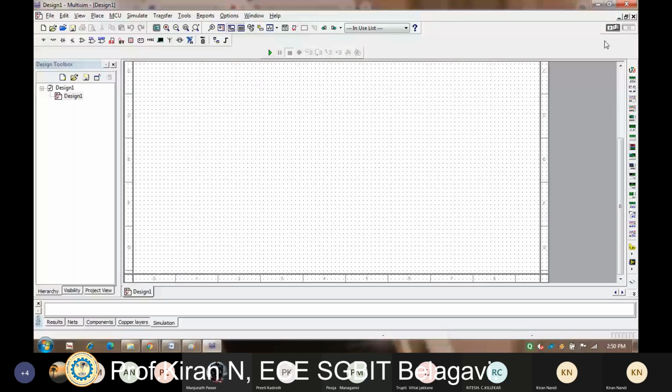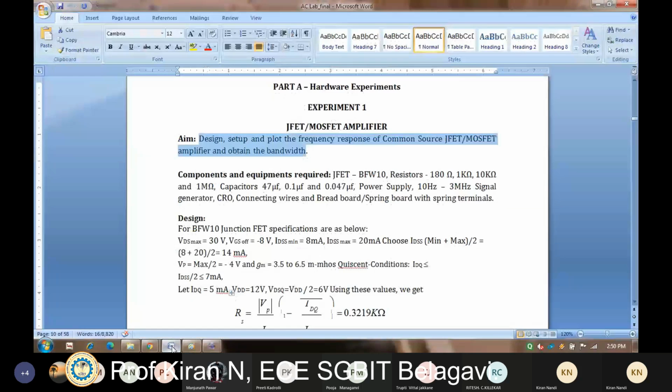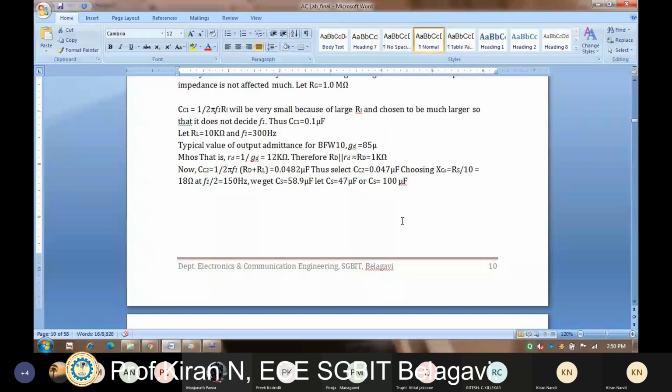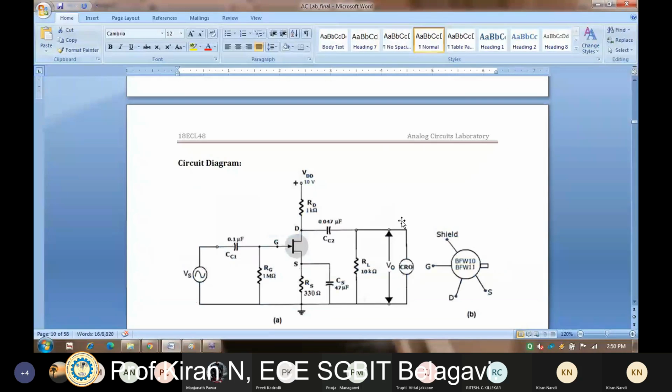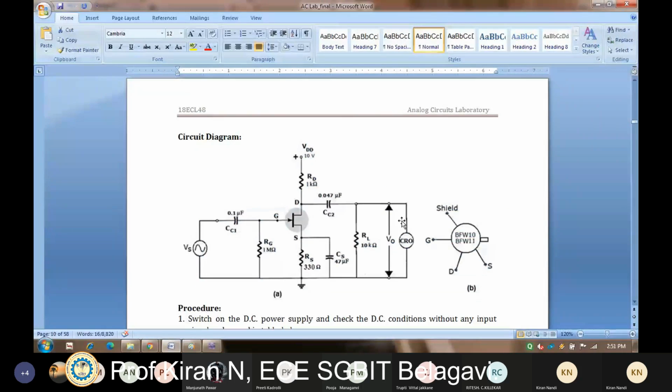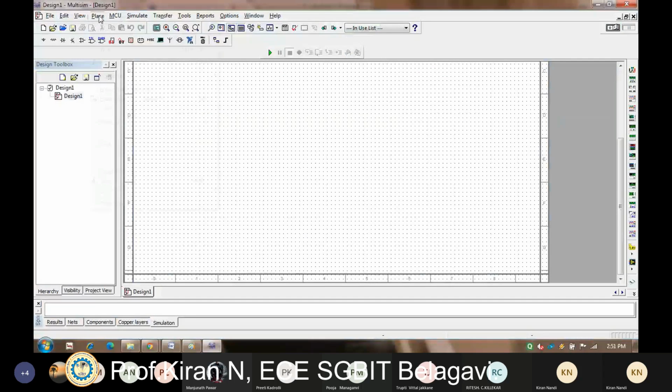Now let us begin with the circuit diagram here. First, I want to build up a JFET circuit diagram. For this I'll be using BFW10 or BFW11 as the transistor, the JFET. So I shall go to place component.